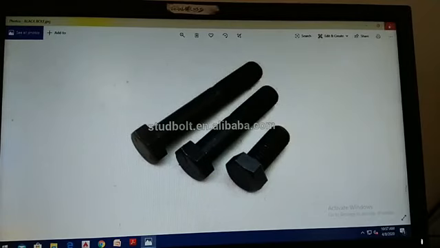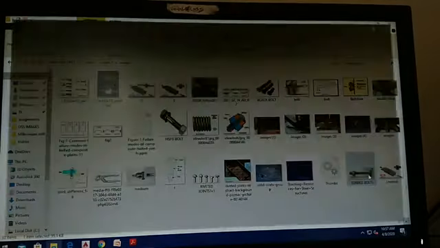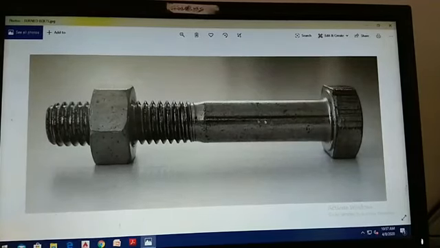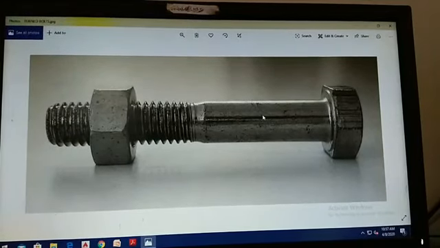So this is a black bolt. I want to show you the turned bolt also. You can see the turned bolt here, where the shank is finished properly. Whatever length you observe here, the whole shank length is finished properly. That's why it can be used for a structure where there is a possibility of dynamic loads. Earlier you saw a black bolt, and this is a turned bolt.